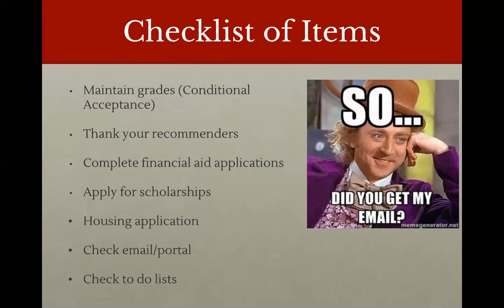Every year we have students who fail to check their email regularly and they miss out on really important information, or maybe a college will reach out to them and say, hey, there's something that's missing in your application. We need you to submit your transcript, or we need this one documentation from you in order for your file to be complete. And the student misses it and then they miss the deadline, and a lot of colleges are not flexible when it comes to having your documents submitted on time,